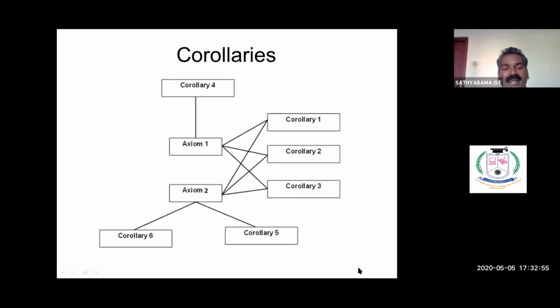Importantly, axiom 1, the independence axiom, is the independence of a class: a class which has a defined purpose has its own simplicity and will not serve multiple purposes. The second one is the information axiom: a minimum amount of information is to be passed between classes, between objects. So corollaries 1, 2, 3 are mainly using the information and independence axioms. The fourth, fifth, and sixth corollaries are strong mapping, standardization, and inheritance.